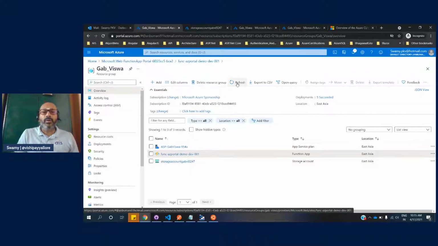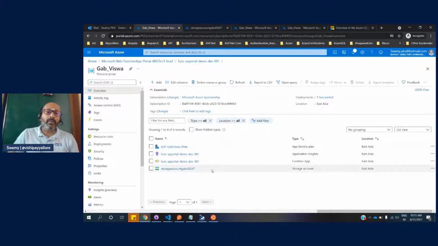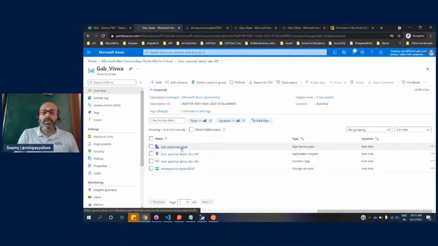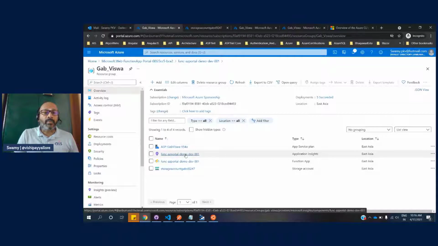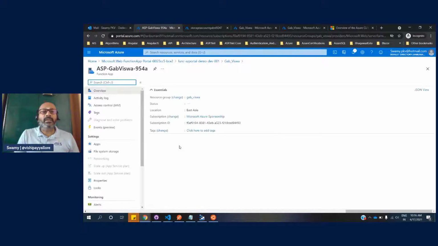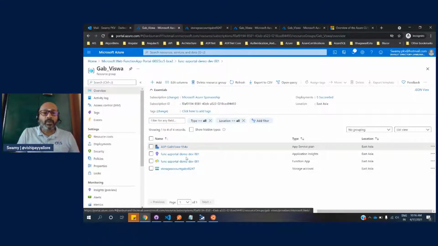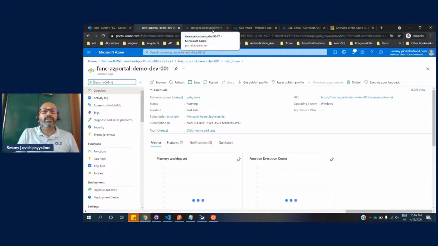So these are the 4 important pieces when we are going to create an Azure function app. You need an app service plan, the application insights, the function app, and the storage. One thing to notice inside this app service plan is this is Y1. Okay, that means it's dynamic. Based on the load, it scales in and scales out. And you need application insights, an Azure function app, and a storage account.